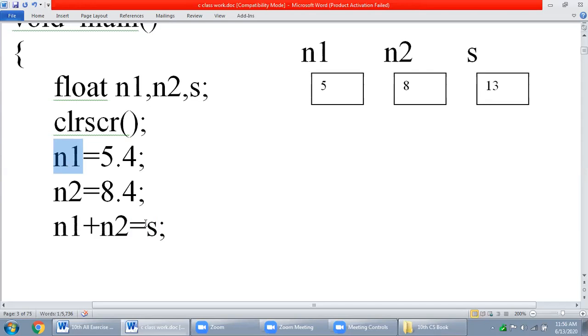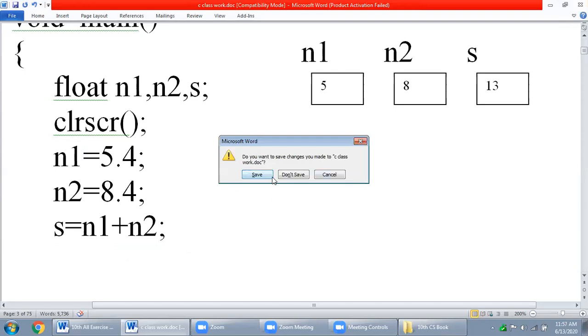According to syntax, this statement is correct, but semantically, this statement is incorrect. Until I change the program, it will not be executed. So it was S is equal to, now syntax is correct and semantics is also correct. So this one is known as syntax error and semantic error.